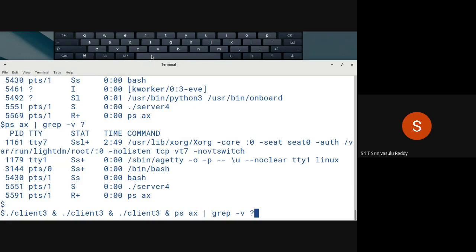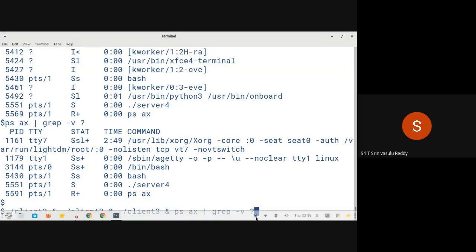I hope all of you understand what we are doing. We are running 3 client programs, all in the background, and running PS in the foreground, so that it's going to display what is going on there as a part of it, right? So now I will also remove this so that you will see all of that.